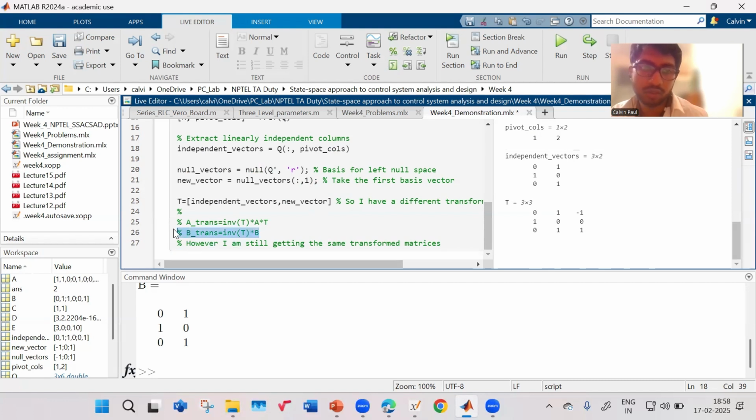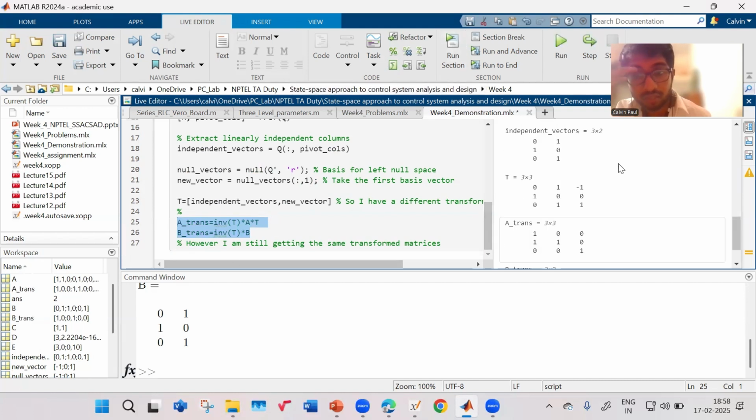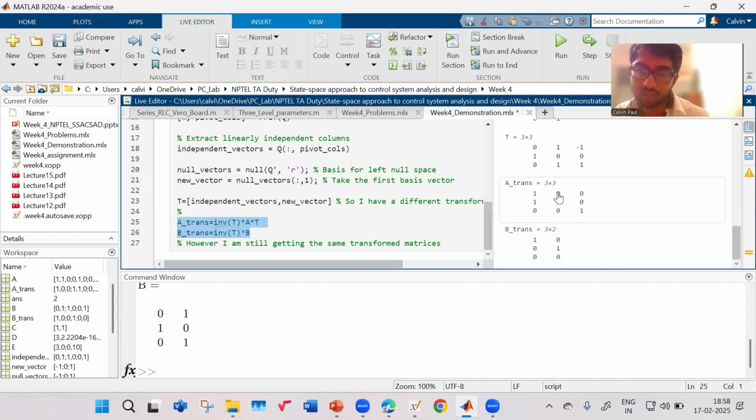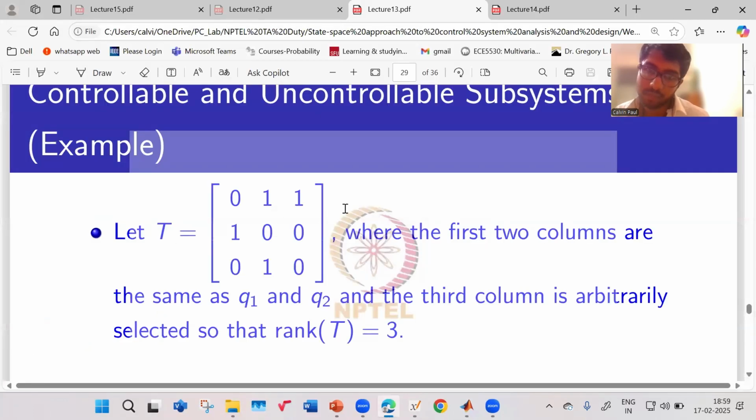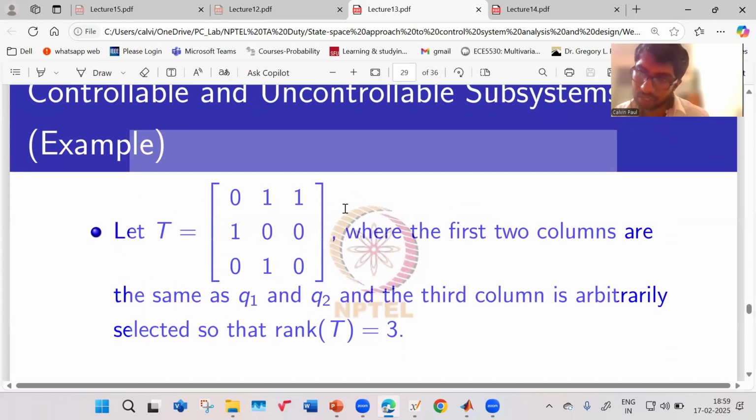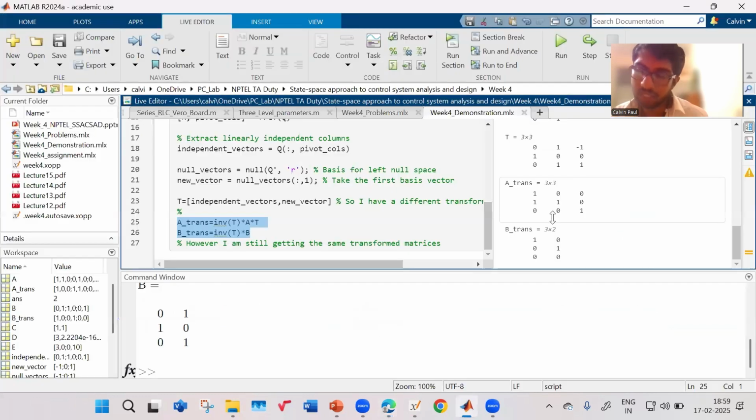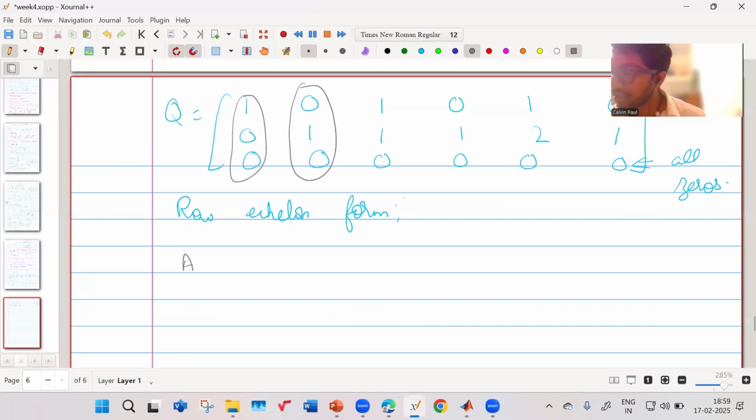Right. Now, when you do the transformation, what you will see is this is the transform matrix 0 1 1, 1 0 0, and this is 0 0 1, and B transform is given by this. So what I wanted to highlight is that I have used a different transformation matrix as compared to them, which is also an independent vector. Okay, I've used a different transformation matrix, but still my A transform and B transform matrix are coming out to be the same. Okay, they are still coming out to be the same. So if you will see what the final transform matrix is,